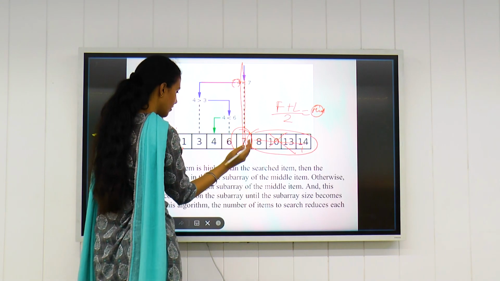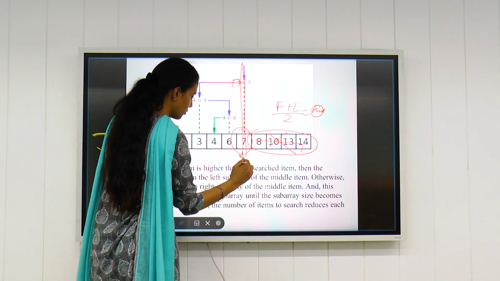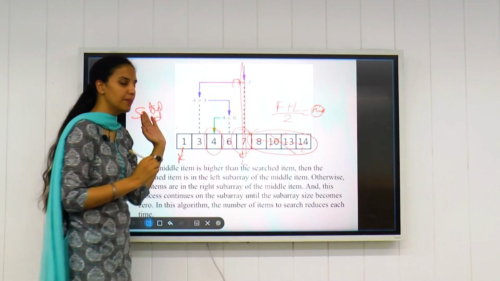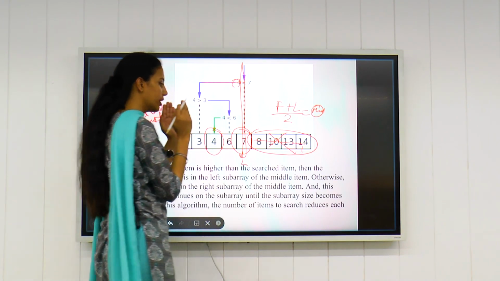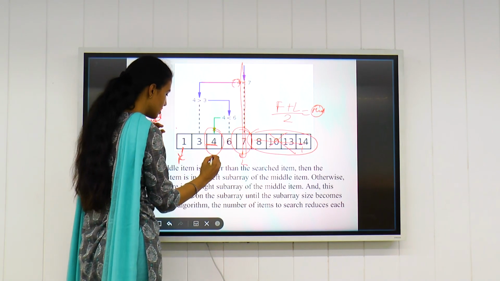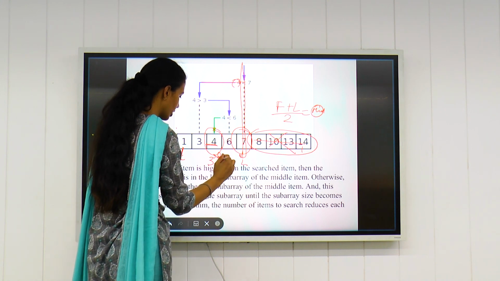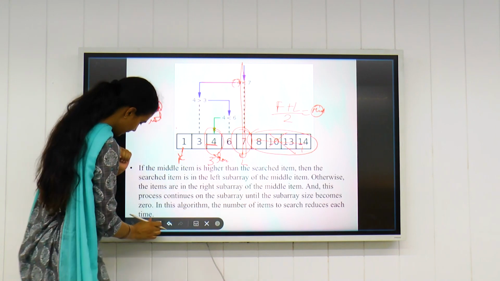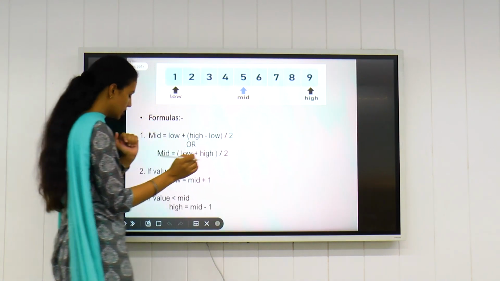Next again, this comes out to be first, this comes out to be last, and we'll find our middle location. Simultaneously we'll keep dividing the big list into smaller and smaller lists until we find our element at the specific position, that is, it exists at the third location. I'll explain this further with the help of an example. Presently I'm just explaining the concept of binary search.